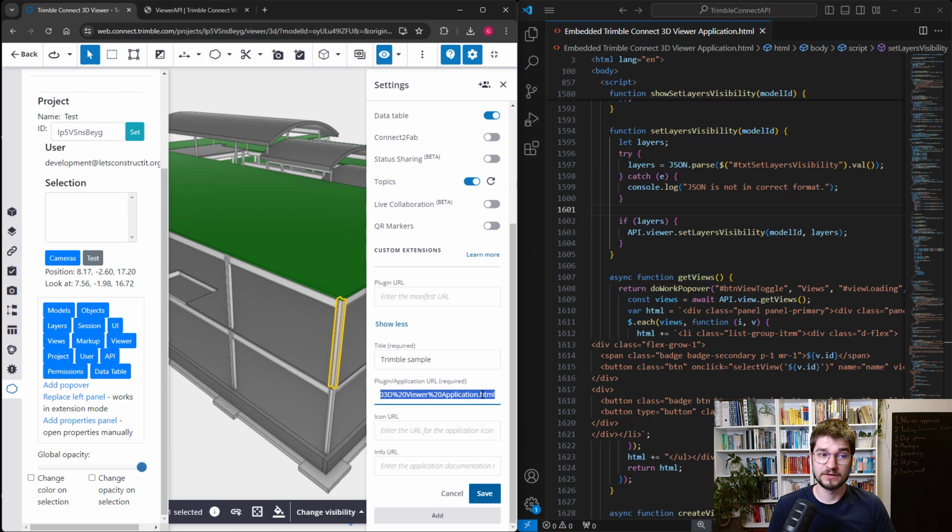But in the next lessons, we will create a new application from scratch using React and TypeScript, and I think that at the beginning it may be a little confusing what is going on, but finally you will appreciate that, okay, now I can write an extension for the viewer API. So for today, thank you, and we will see